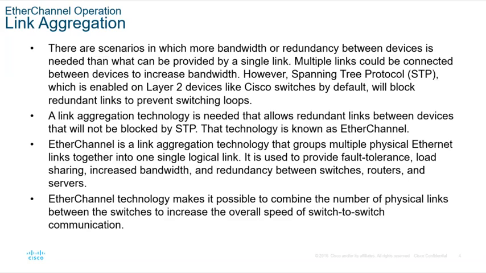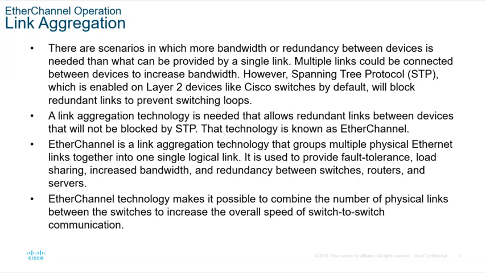The scenario when we need more bandwidth, and then redundancy. But last session, it showed us that the redundant links are supposed to be blocked to prevent loops on a switched network. But with